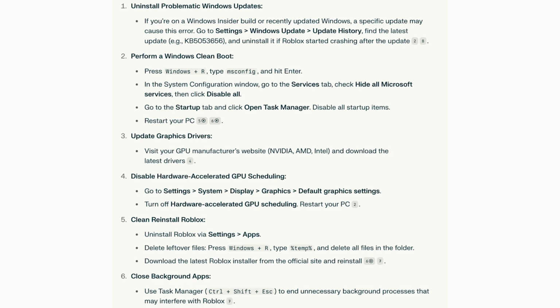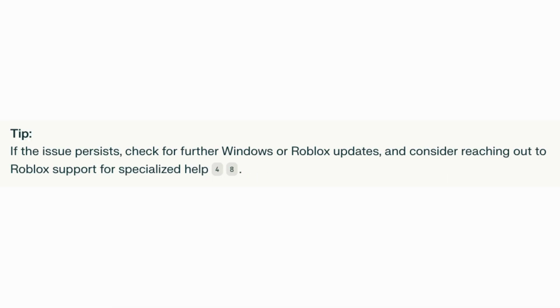Then close background apps. Use the Task Manager to end unnecessary background processes that may interfere with Roblox. The tip is, if this issue persists, check for further Windows or Roblox updates and consider reaching out to Roblox